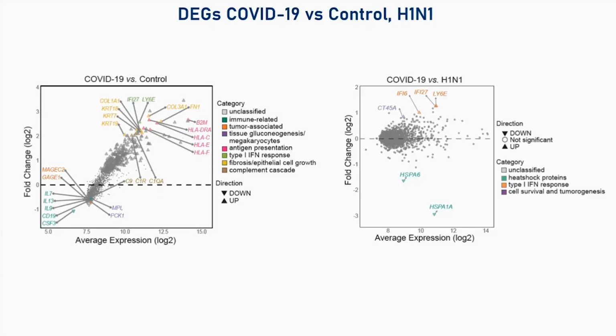And she sort of shrieked at the call at the time on the Zoom call, and it was really interesting because IFI27 is known to be elevated in the blood of COVID-19 patients, but no study had tied that data to the tissue directly. And so this was one of the first studies showcasing that this type 1 interferon was highly enriched for in COVID-19 specifically. And you could see that in the H1N1 contrast as well.